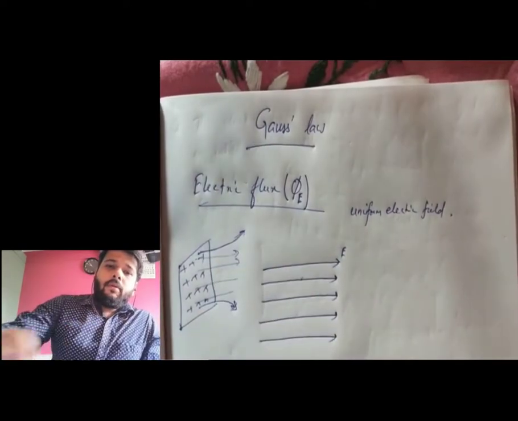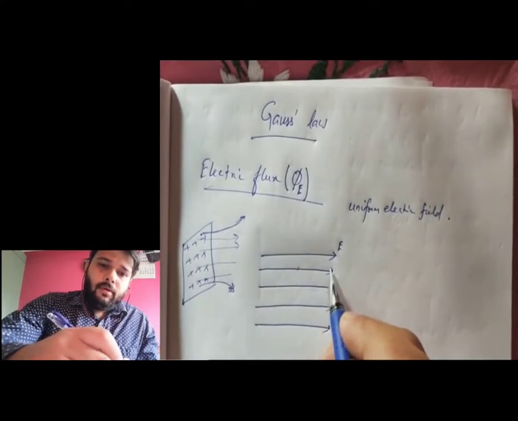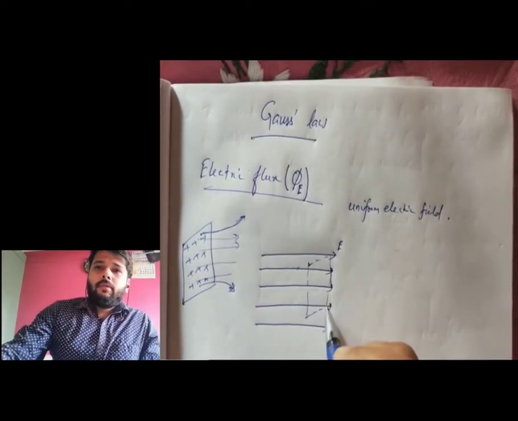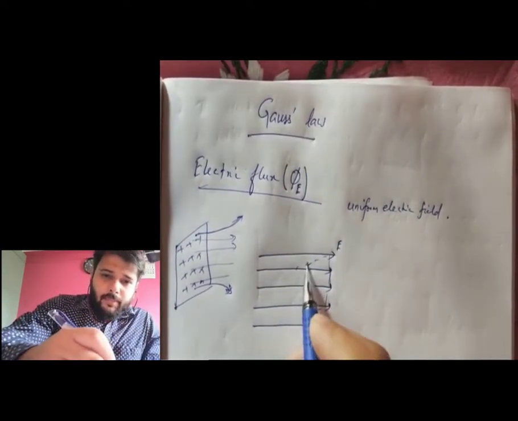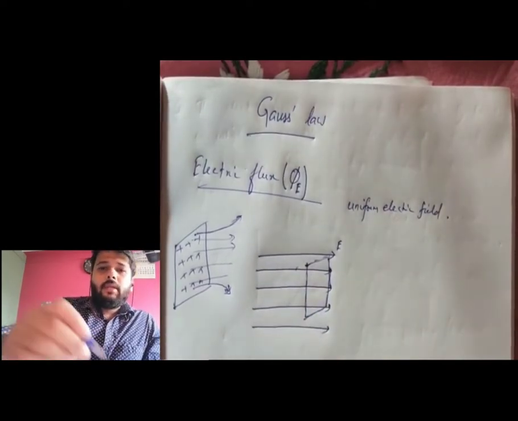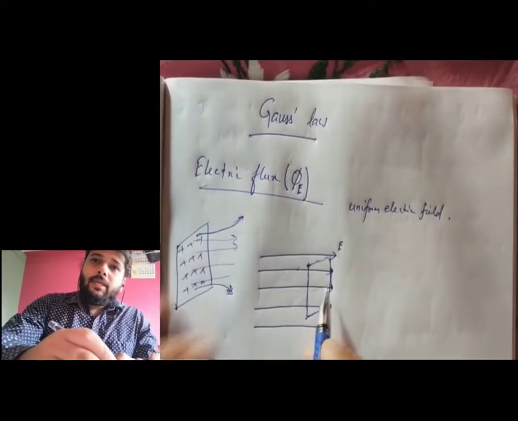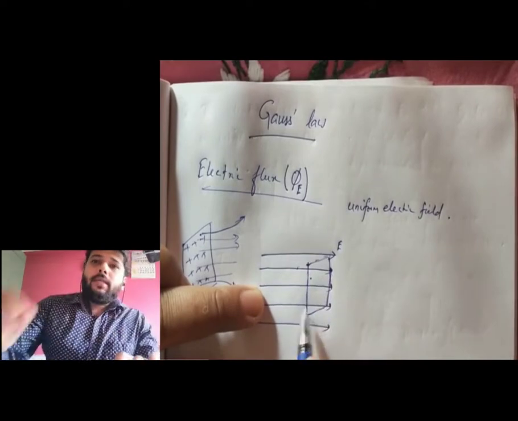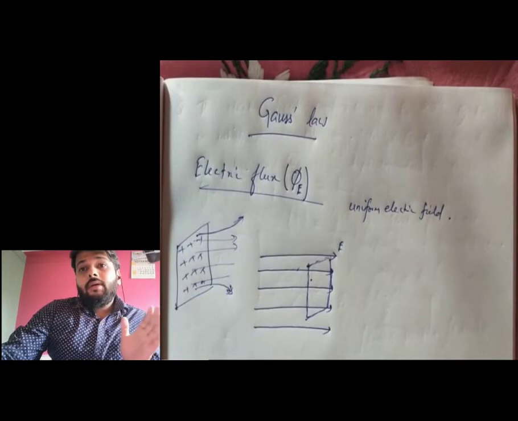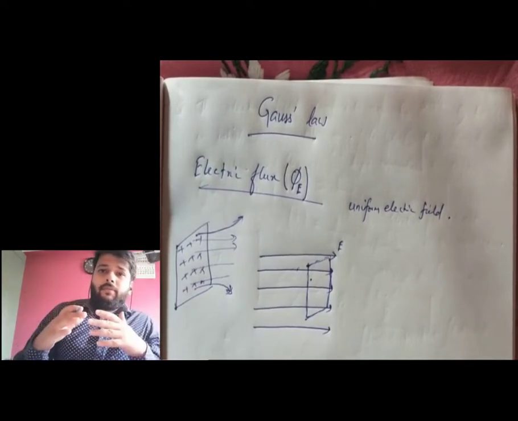Now if we keep a plane surface inside the electric field, what happens? We say the electric field which is linked to this surface is known as electric flux. Electric flux is always related to the surface area. Whenever we keep a surface in a uniform electric field, for example,